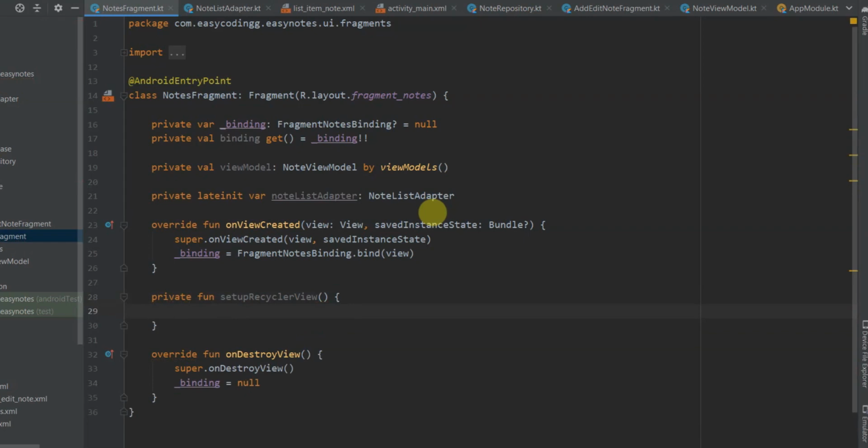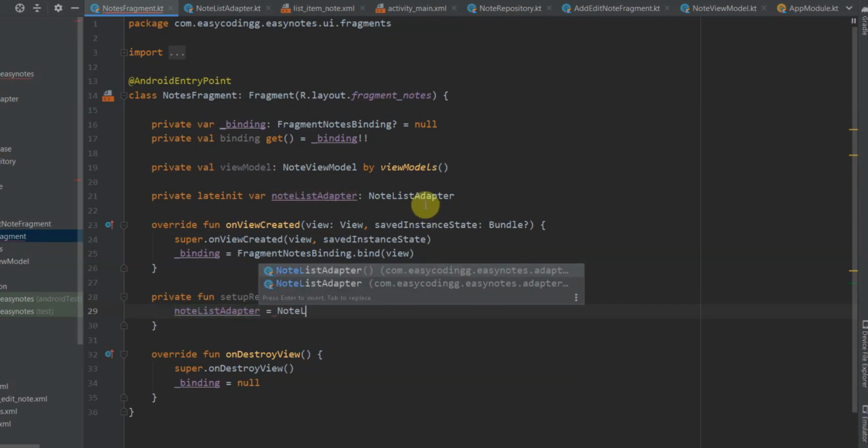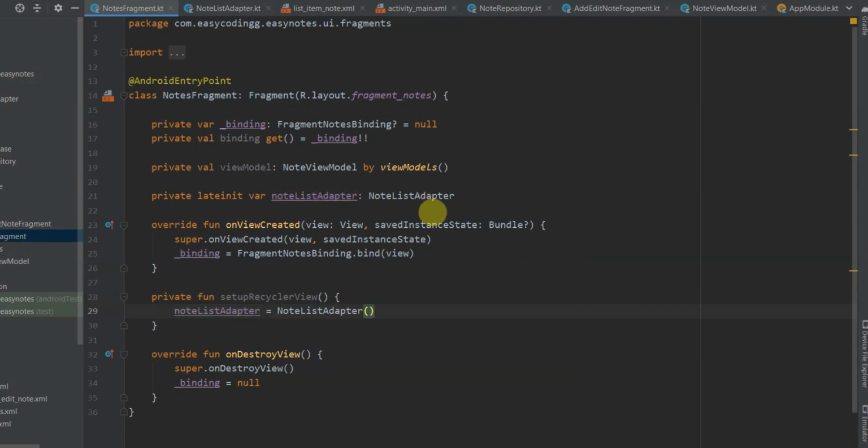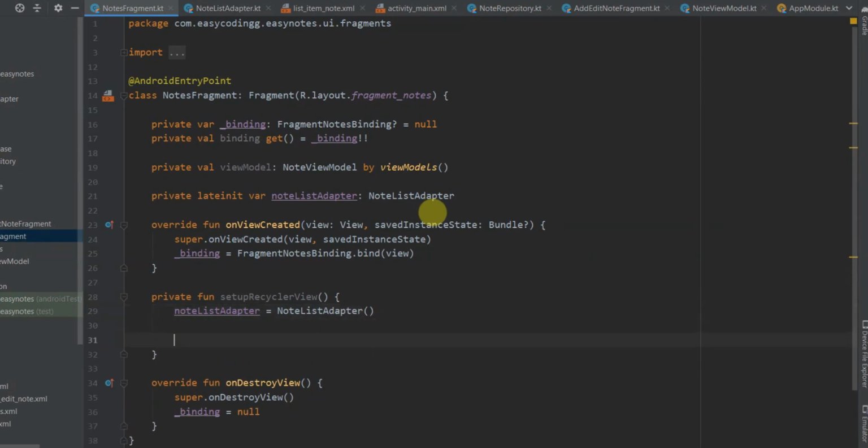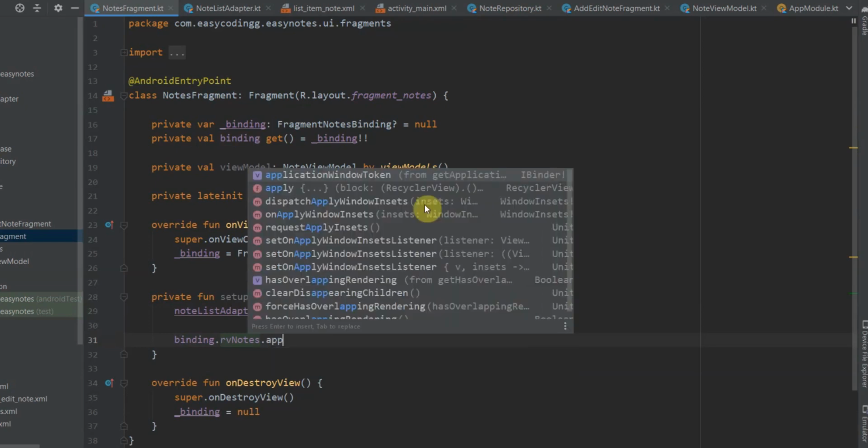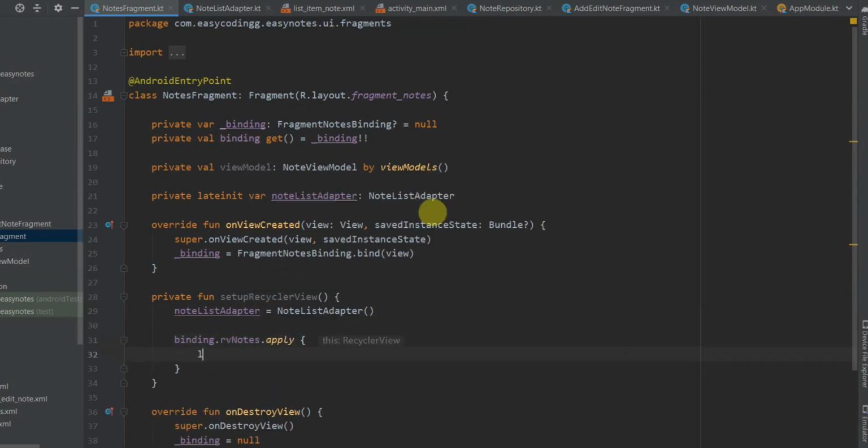and inside of it, firstly we will initialize our note list adapter. So noteListAdapter will be equal to NoteListAdapter, and then we will set the layout manager of our recycler view and set this adapter to our recycler view. So binding.rvNotes.apply, and inside of it we will use layoutManager.